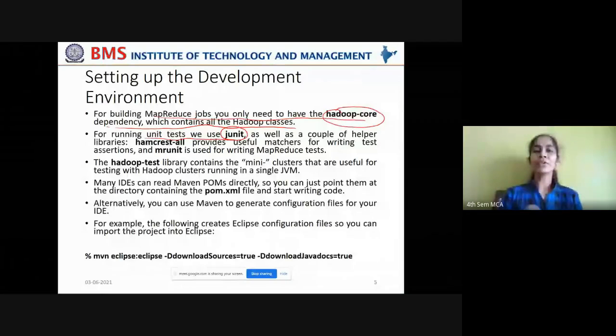This will help us test each and every unit of your code at a smaller scale before deploying it onto the HDFS cluster. For running unit tests, we use JUnit as well as a couple of helper libraries. What are the other two libraries we are using? Hamcrest-all and MRUnit. Hamcrest-all provides useful matchers for writing test assertions. Why do we need test assertions? You know, right?